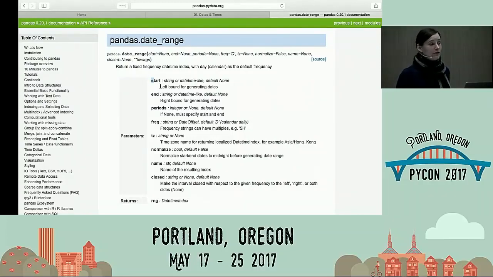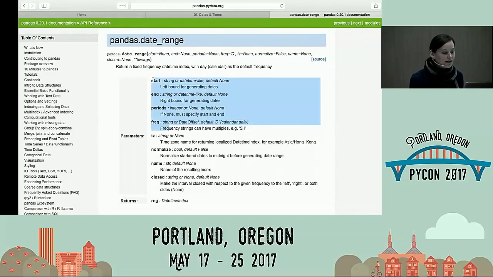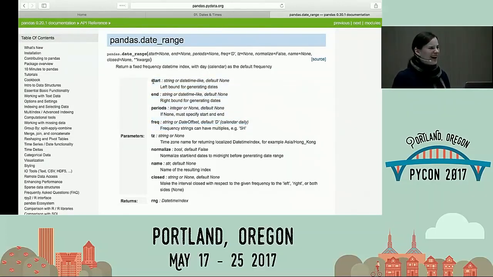It would probably forgive me if they're all consistent, but if they weren't all consistent, it's going to throw an error. Like if I say I want to go from May 17th to May 19th at a daily frequency and I want 20 periods, Pandas is going to come back and say, well, that's not actually possible unless you want me to do some bizarre time-traveling nonsense. So it will not let you do things like that, which also means that you can be lazy. We've all been in the situation where it's sort of like, I don't really want to figure out what those dates are. I want someone to do it for me. Welcome to Pandas. Pandas is actually now taking care of that for you. So of these four, you need to give it enough to know what dates to actually generate, to have it be determined but not overdetermined.